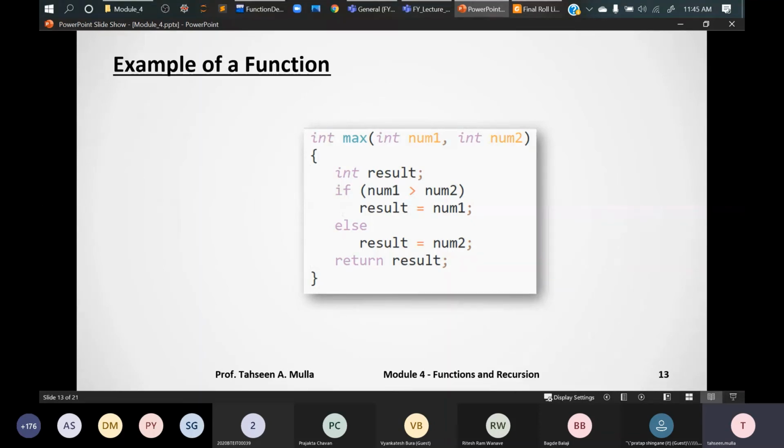So call by value, in short, copies the actual value of an argument into a formal parameter of the function, right? And call by reference copies the address of the argument into the formal parameters, right? Inside the function, the address is used to access the actual arguments, right? We'll see that programmatically in further lectures. Just to note down, function arguments can be in two types: first is call by value and another is call by reference.